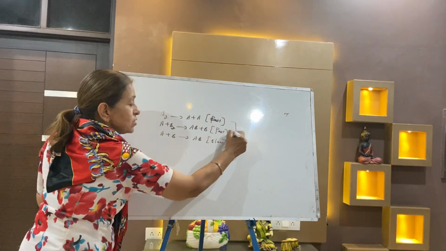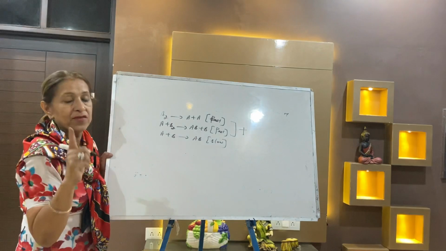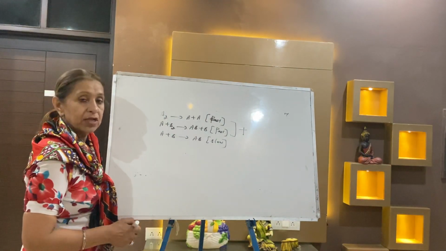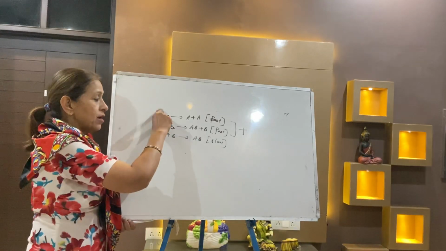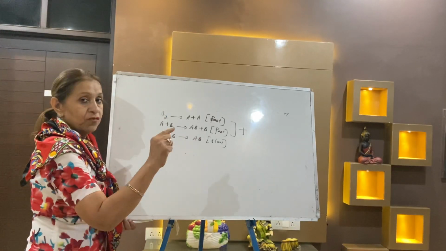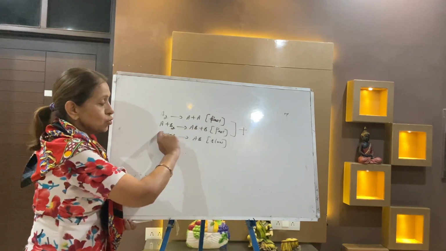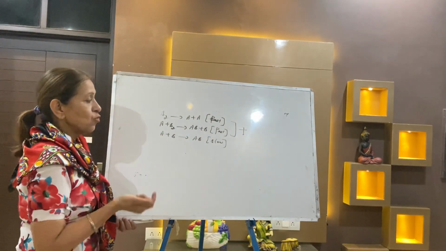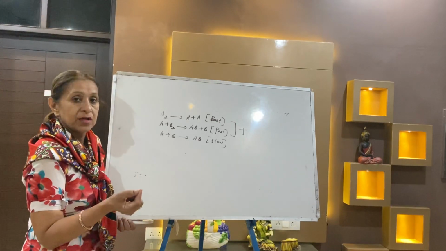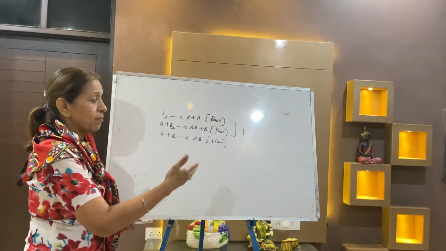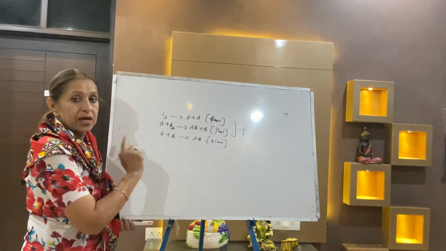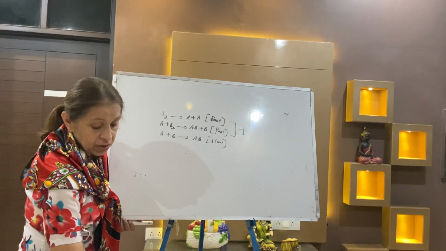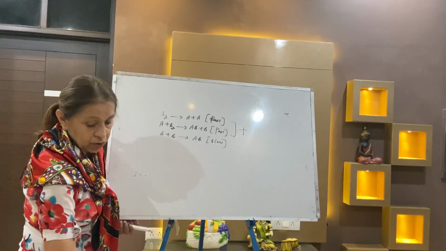You will add these two steps, make it one fast step, and with the same method, apply law of mass action on the addition that you have added. The one step will come from these two fast steps. Then calculate the value of the product which is coming out from the fast steps and going to add in the slow step. Now you can write the answer of this question as well.